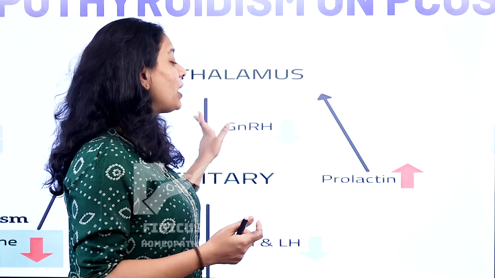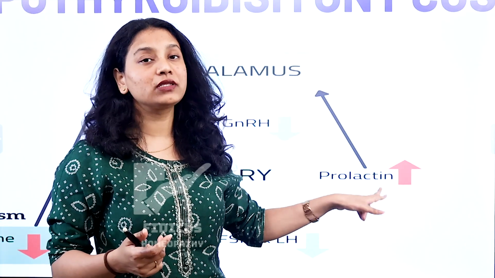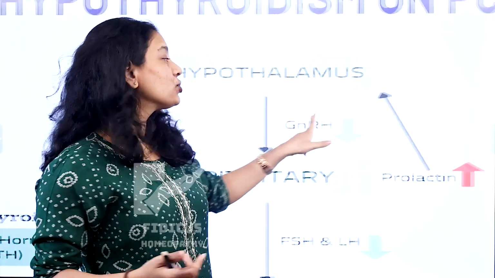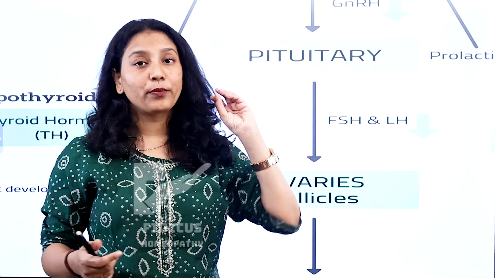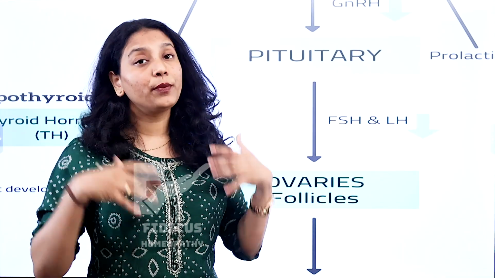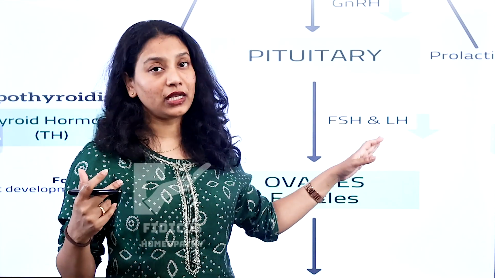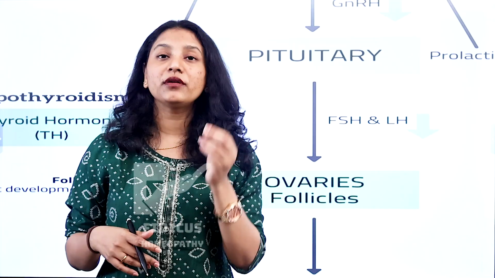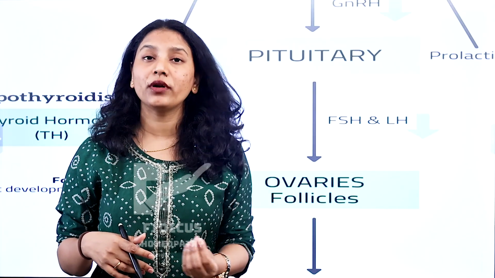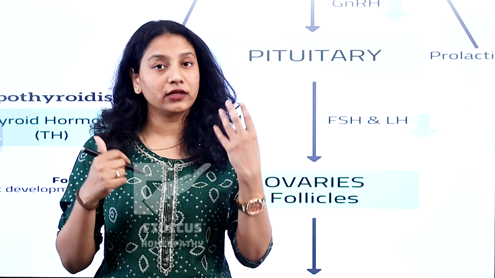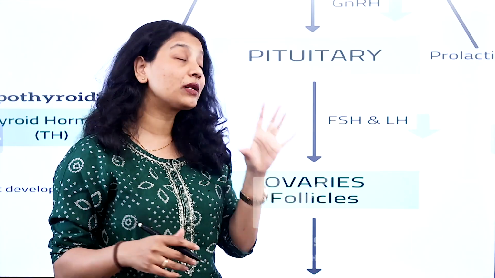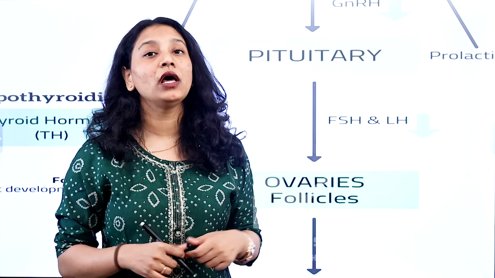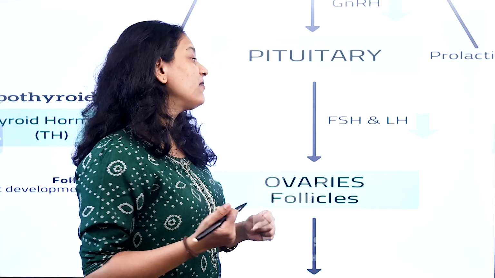So whenever there is too much production of TSH, there will be hyperprolactinemia, which is an increase in prolactin levels in the body, which will cause the GnRH to reduce, okay? And when the GnRH is reducing, what happens? The pituitary is not properly triggered and does not release the proper amount of luteinizing hormone and follicle stimulating hormone, which is very important for what? Follicle stimulating hormone is very important for maturation of the Graafian follicle, that is, the release of the egg, as we can say. So the egg should be released, right? There is no release of the egg without follicle stimulating hormone being at a proper level. So there is a decrease in FSH and LH.